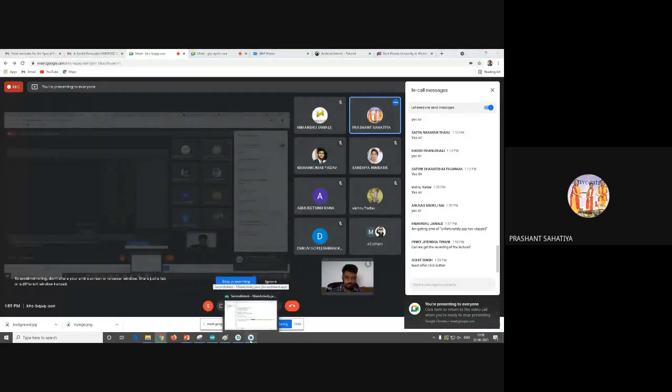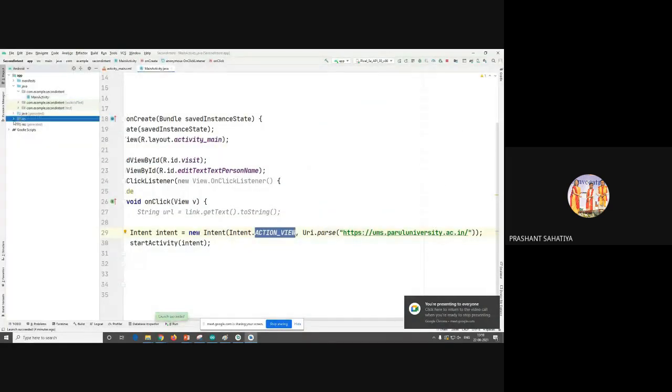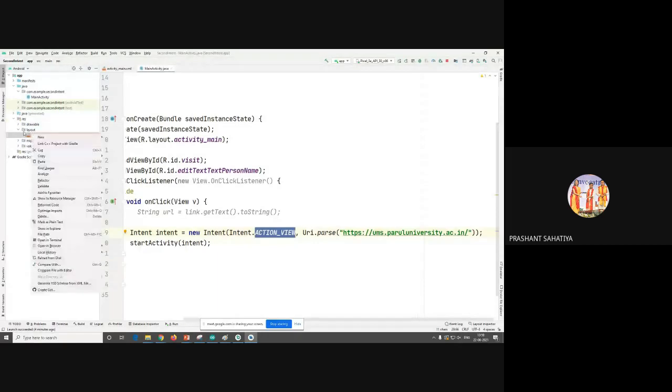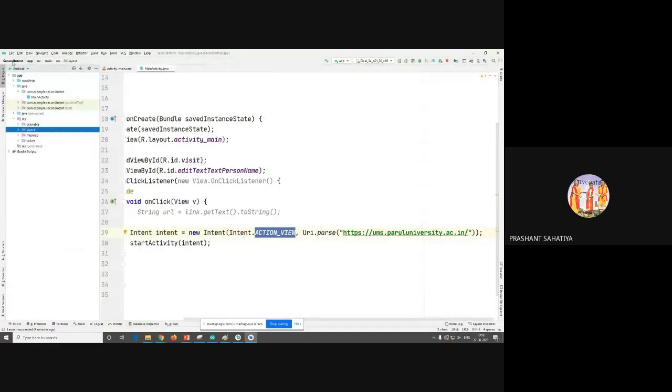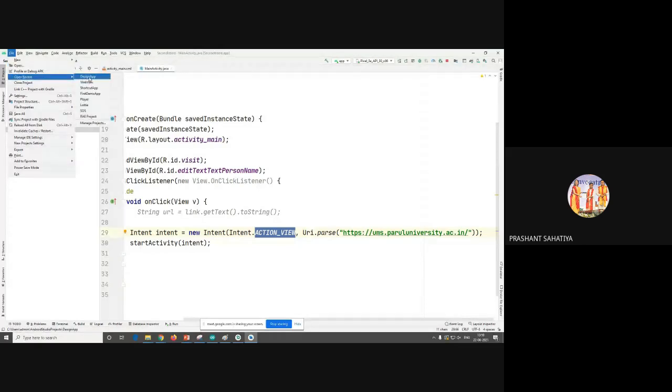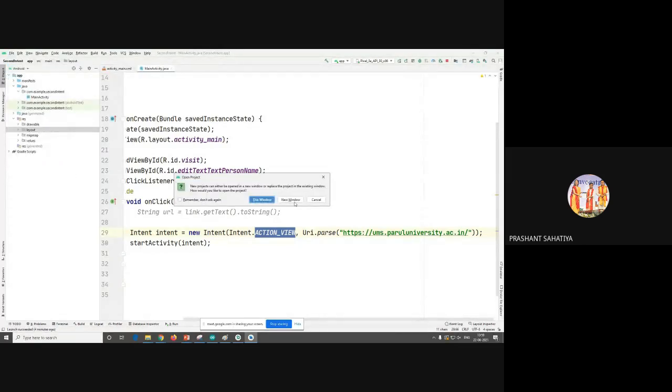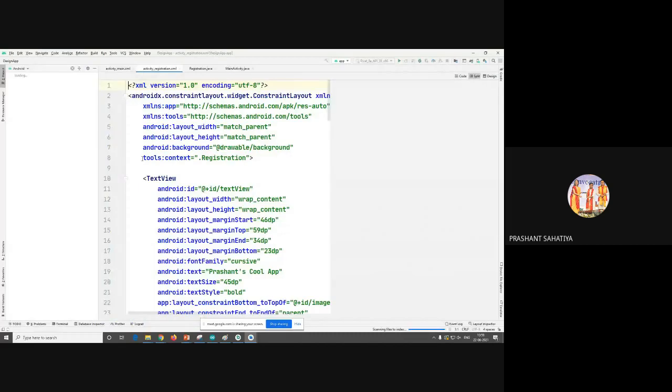See one more thing. Whenever you are adding a new activity, listen to me carefully. Whenever you are adding a new screen, if you add it from here... no, it was not in this one, let me open that now. See, here I was having two screens, fine, activity registration, activity main.